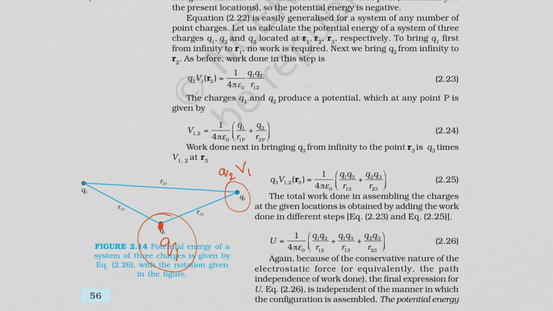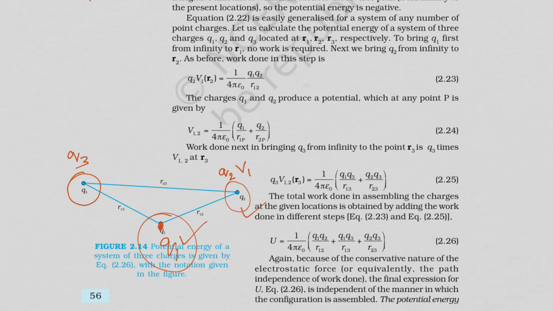And when we bring the charge Q3 from infinity, there will be two kinds of forces exerted on Q3, one by Q1 and the other by Q2. Because of that force we have to do some work, and that work done will be stored as potential energy, that we know, but that work done will be